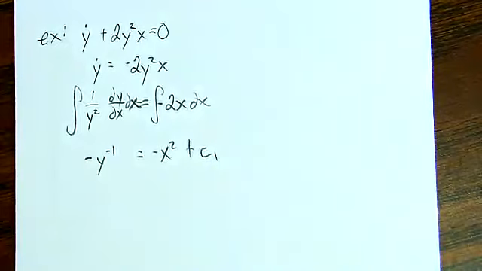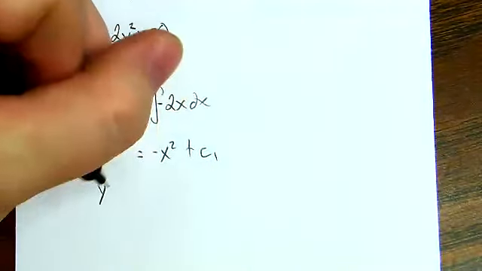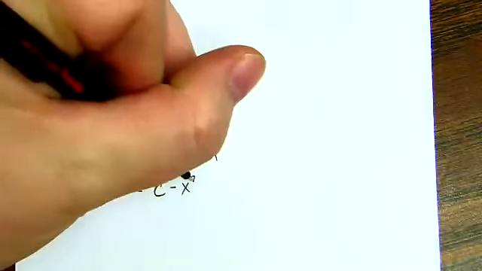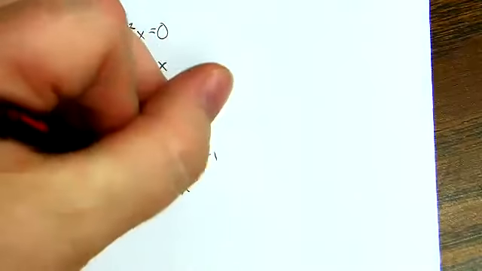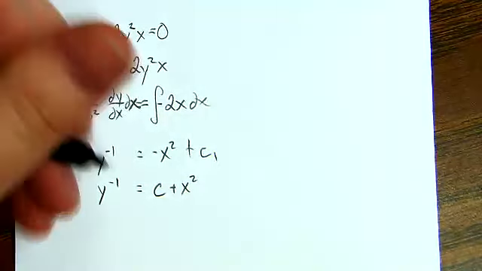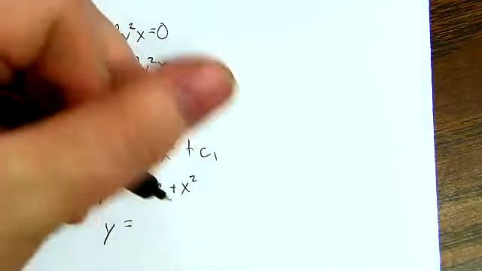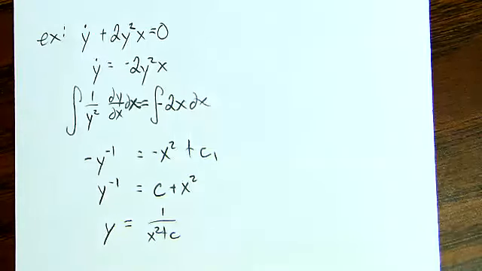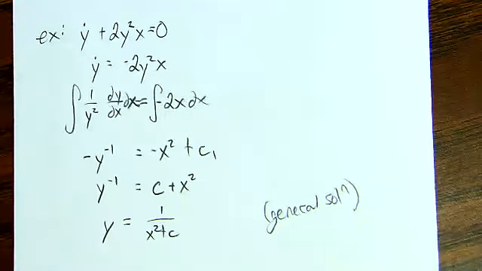Let's clean this up a little bit. This is y to the negative 1 is equal to c minus x squared. How about c plus x squared? And so y then is 1 over x squared plus a constant. And so we have the general solution